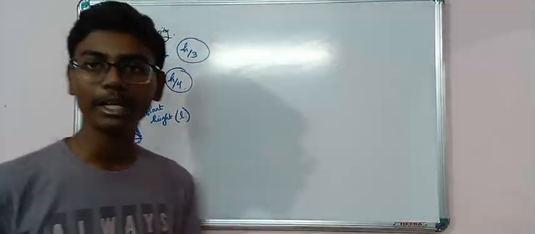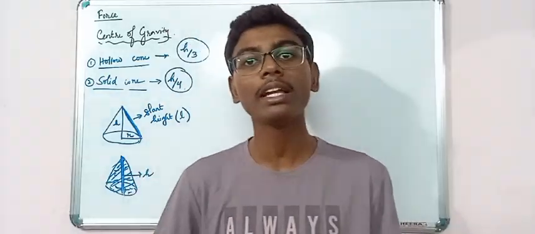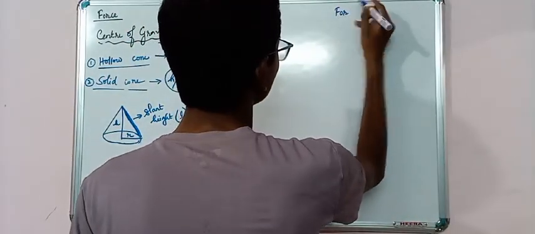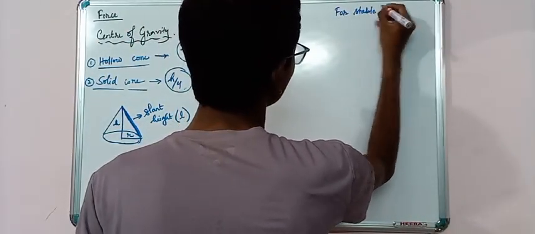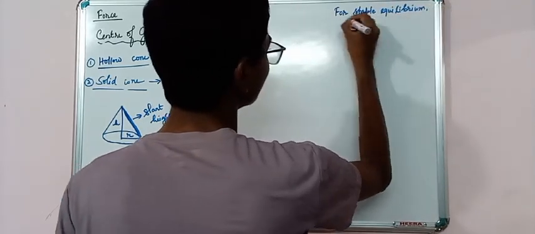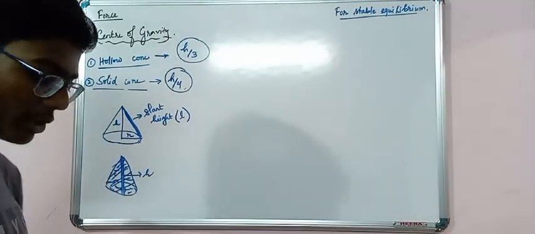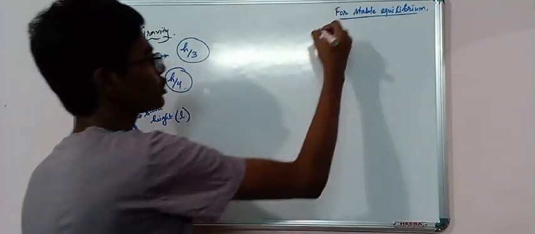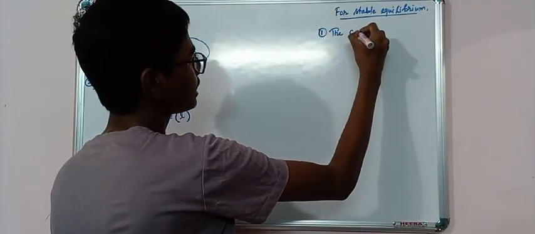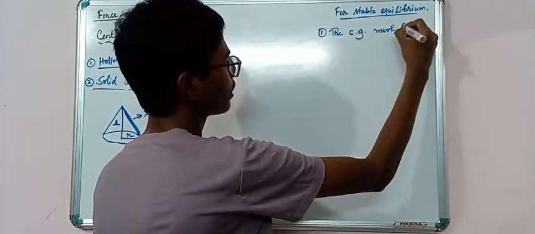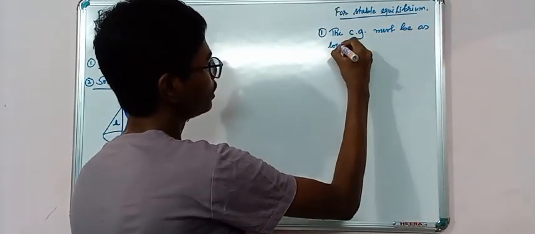For stable equilibrium, if we want to bring a stable equilibrium in our body, what are the two things that we need to remember? So just see, for stable equilibrium, I'm using the book's words so that you can understand. Its center of gravity must be as low as possible. So the first point is the CG. CG is the abbreviated form of center of gravity. The CG must be as low as possible